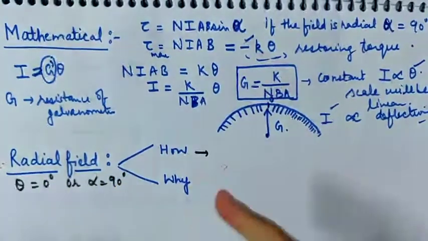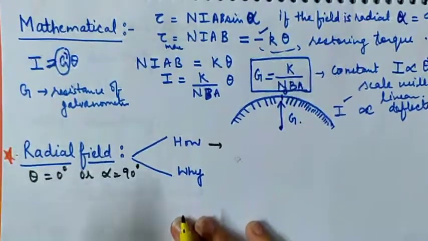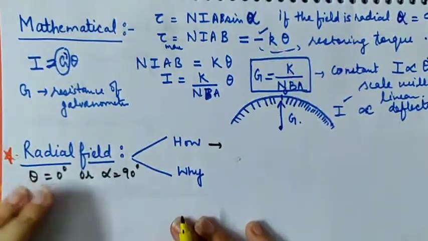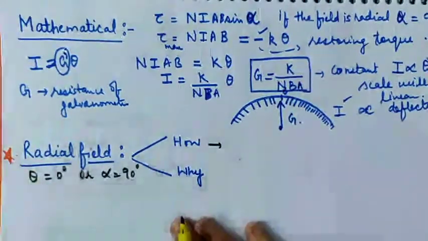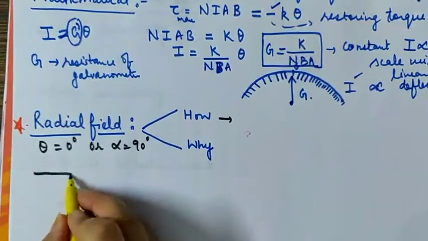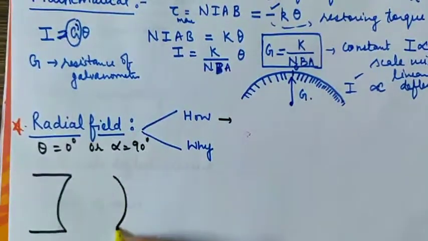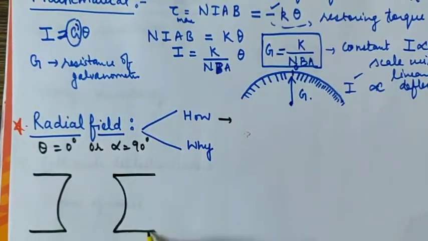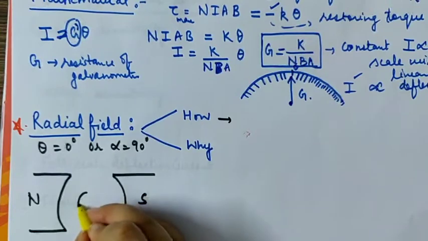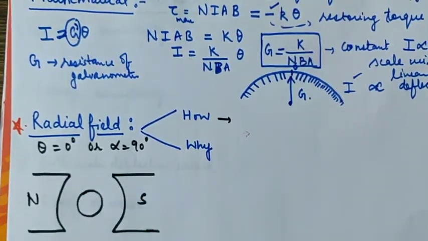Field radial meaning theta should be 0 or alpha should be 90 degree. I explained to you on the previous page what is theta, what is alpha, what is the definition of these notations. So theta 0 हो या alpha 90 हो, उस field को आप radial कहोगे. So उस फील्ड को रेडियल अगर देखना है तो हम इस तरह से ड्रॉ कर सकते हैं. This is the top view of the above diagram. Pole pieces are concave, so they must be drawn like this. So this is सेंटर में कौन पड़ा था, एक सिलेंडर पड़ा था, तो सिलेंडर का जो टॉप व्यू है हमें कुछ ऐसा दिखेगा, टॉप व्यू से ऐसा दिखेगा.